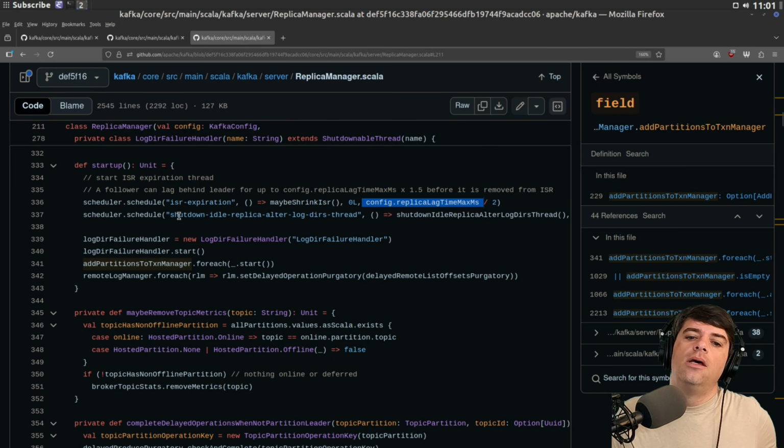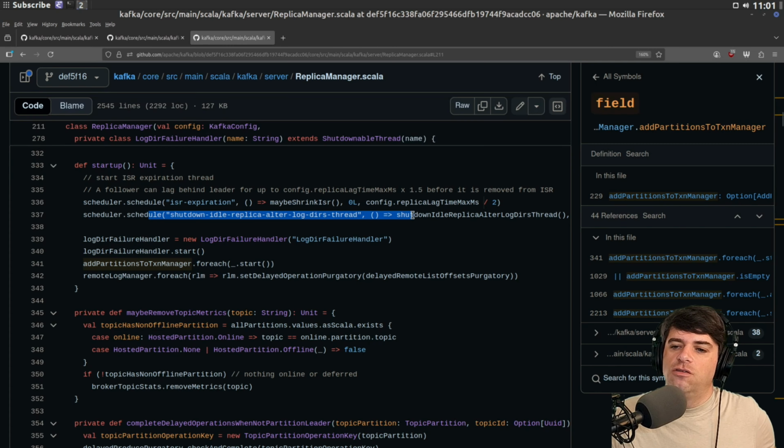I don't know. And then we're also going to schedule shutdown idle replica after a logged or thread, passing in this function. And then we're setting the log to failure handler, starting the failure handler, and then add partitions to transaction manager. Dot for each. We're going to start. So I guess this was maybe passed in when we created the replica or something, or maybe we computed it somehow above, but it's not passed directly into startup.